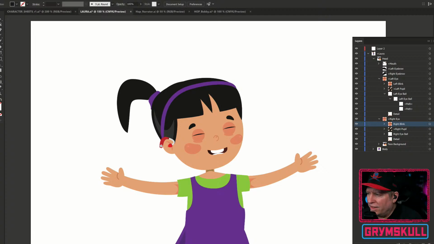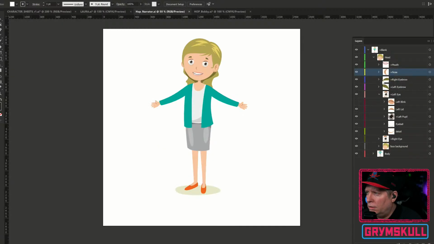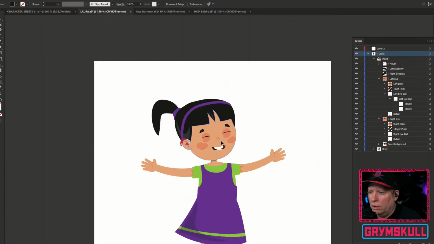I think we're almost done with the face. We got our mouth. I'm not going to worry about the nose. I got the nose here, but the eye, we got all the parts for each of those. We got a face background. All right. We're going to say the face is done.